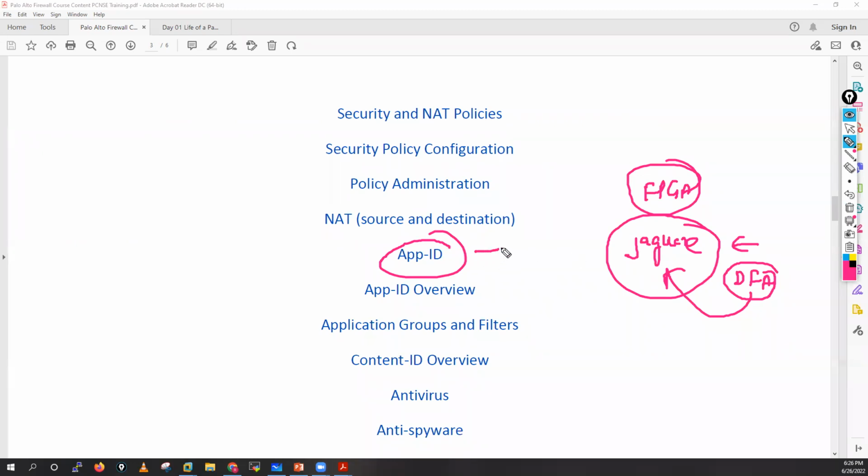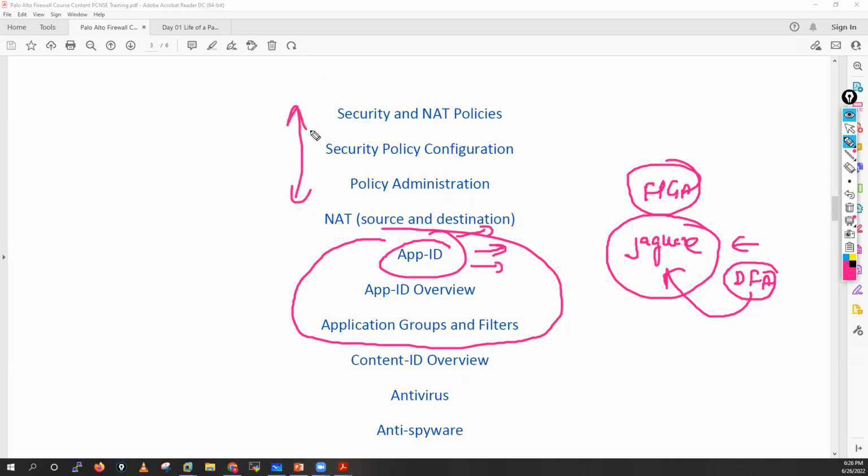Now, here we will also discuss what are application signatures, what are protocol decoders, what are unknown protocol decoders, and what are heuristic checks. Everything we will see in detail, along with the practicals, because for all the things I am discussing, we have dedicated labs. And after that, I'll move towards your Content-ID, where